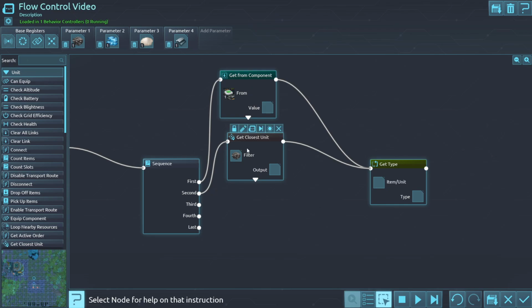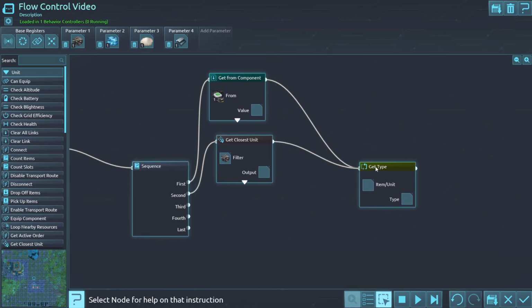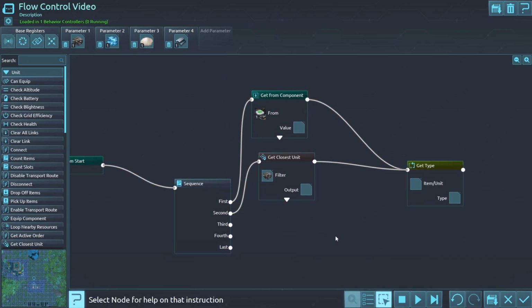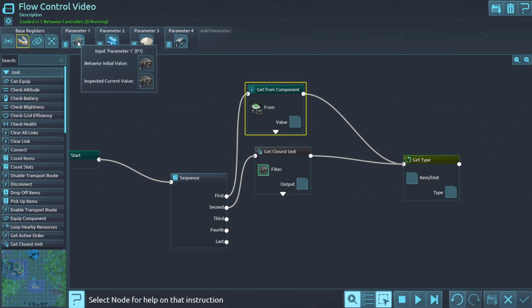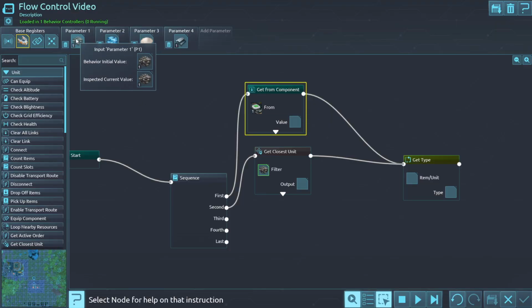operations, but then you wanted to conduct the same manipulations to that data. So for example, if I wanted to get the specific data type of whatever I was getting in all of these, there's a couple of different ways you can get data. You can get data from the component. So I've got here, you'll see, let's save this. When I go through first, I'm going to get the data from my component integrated behavior controller, and I'm going to get it from parameter 1, which is going to give me